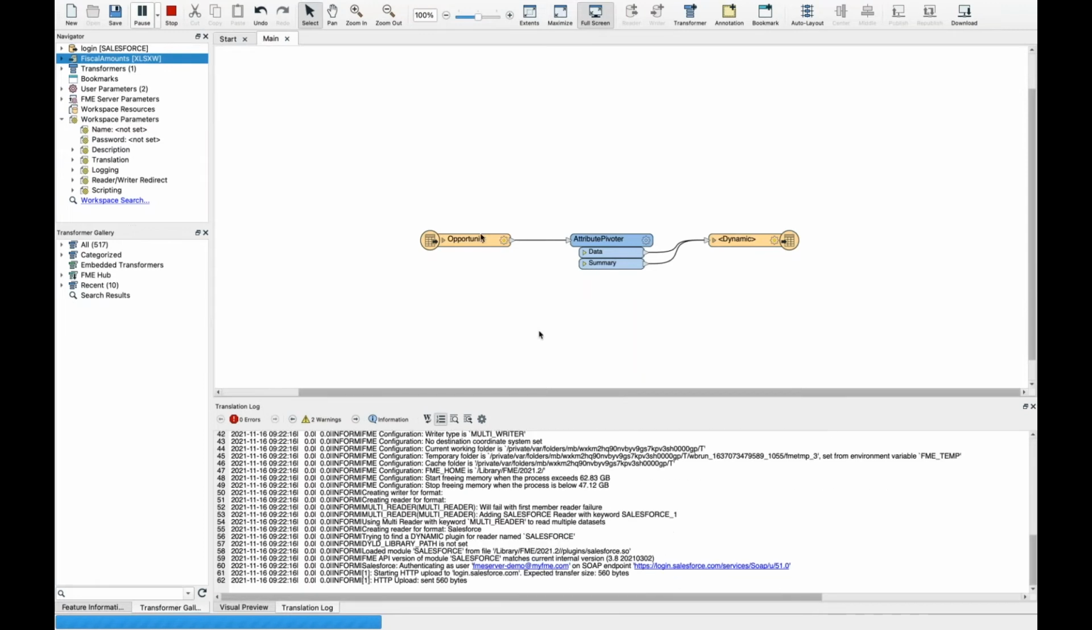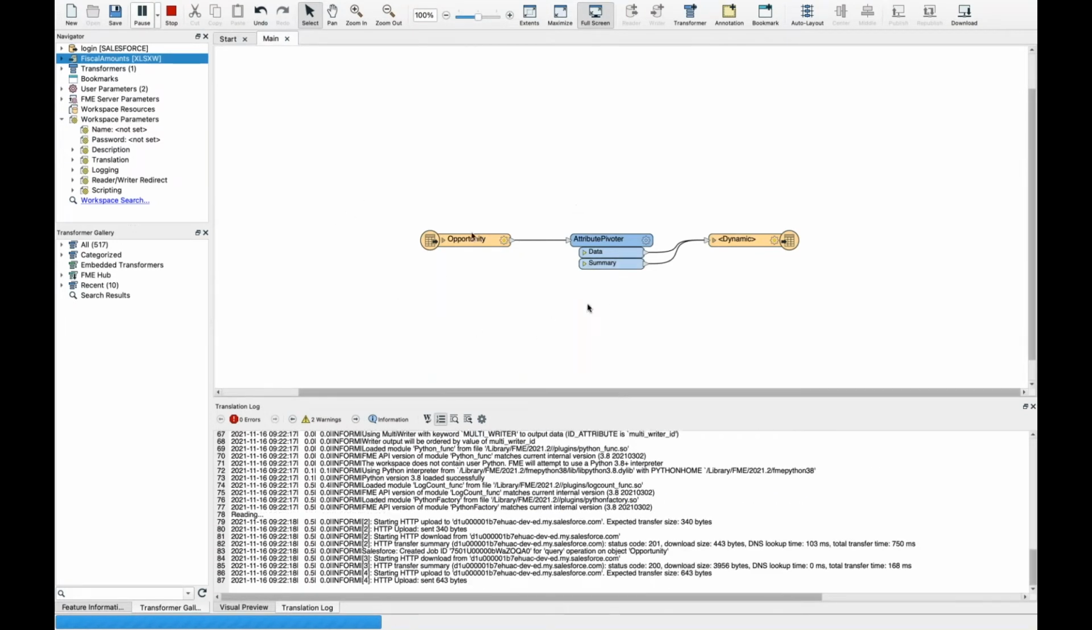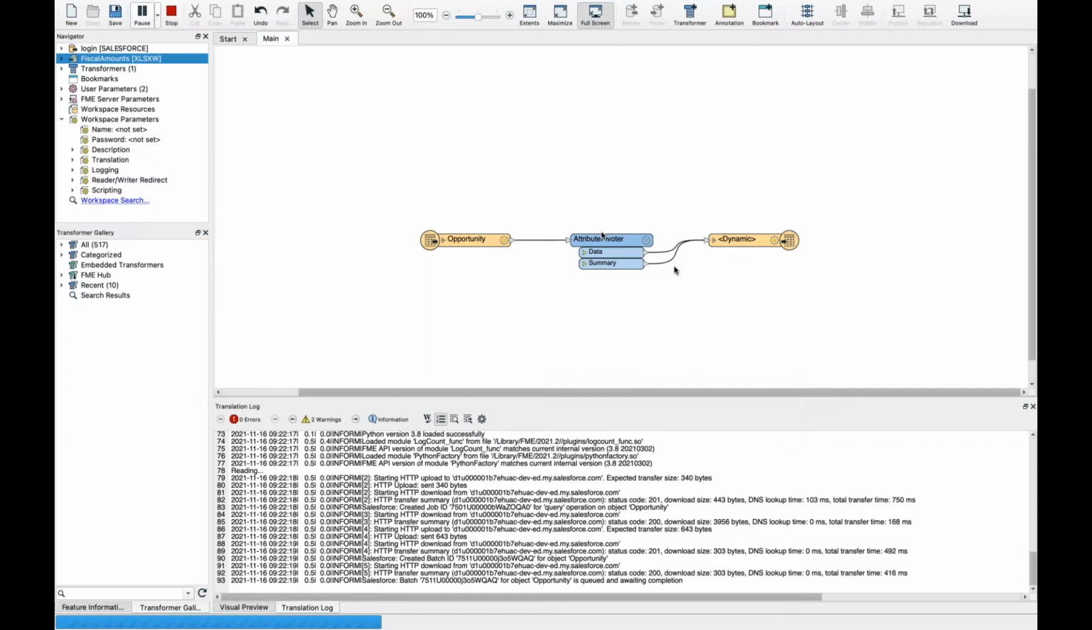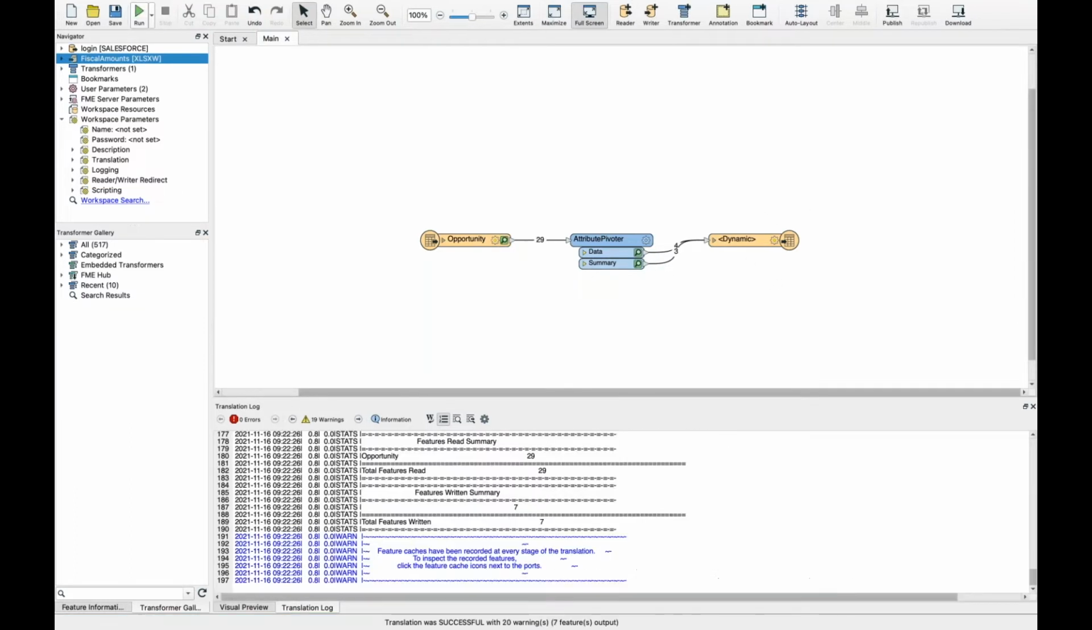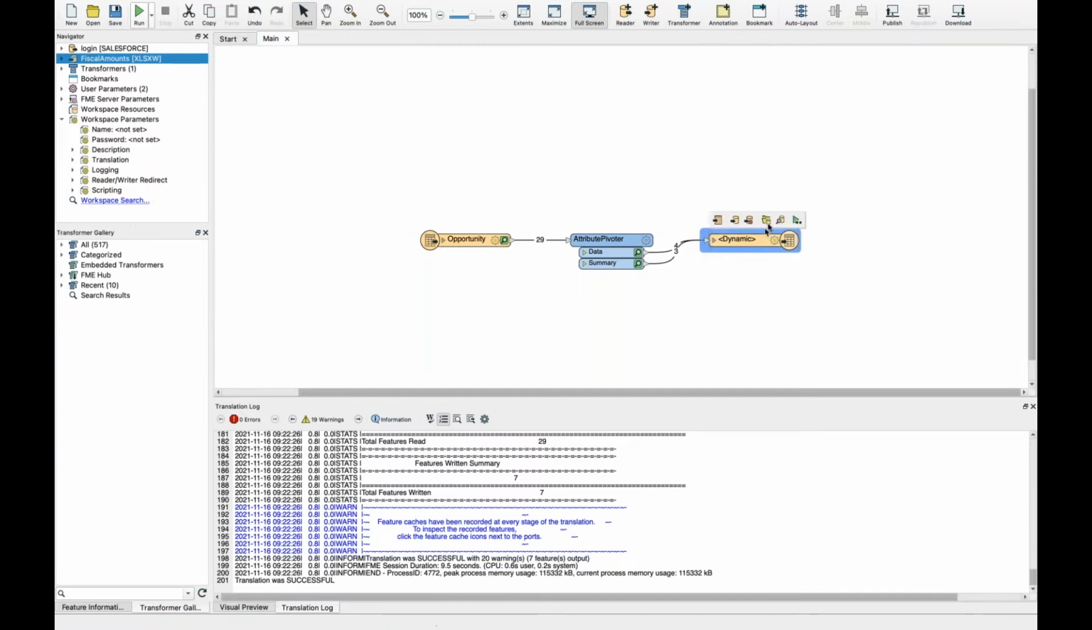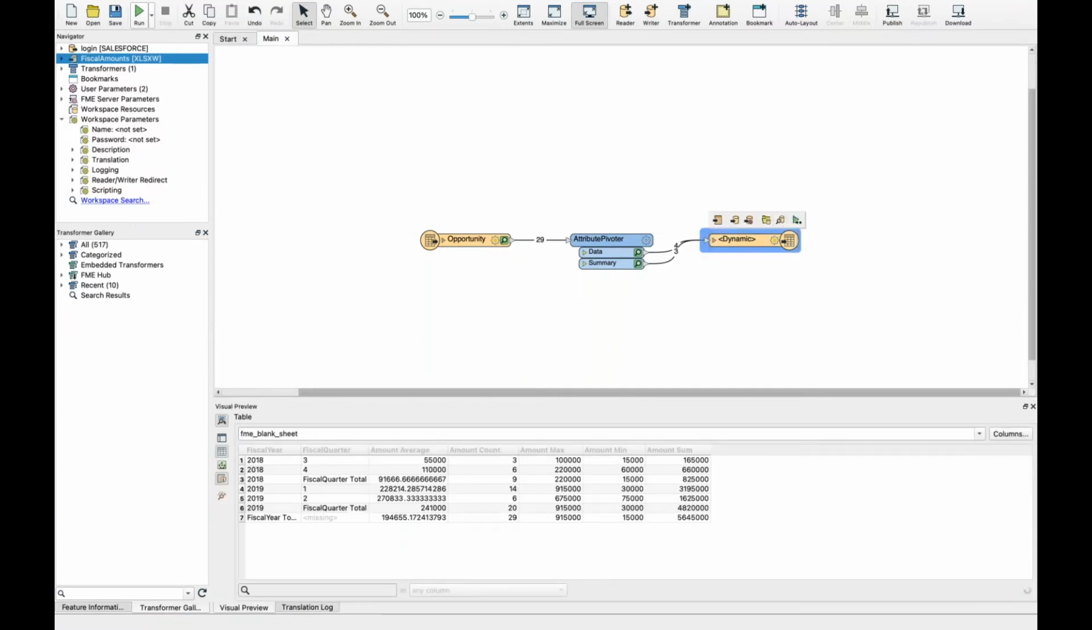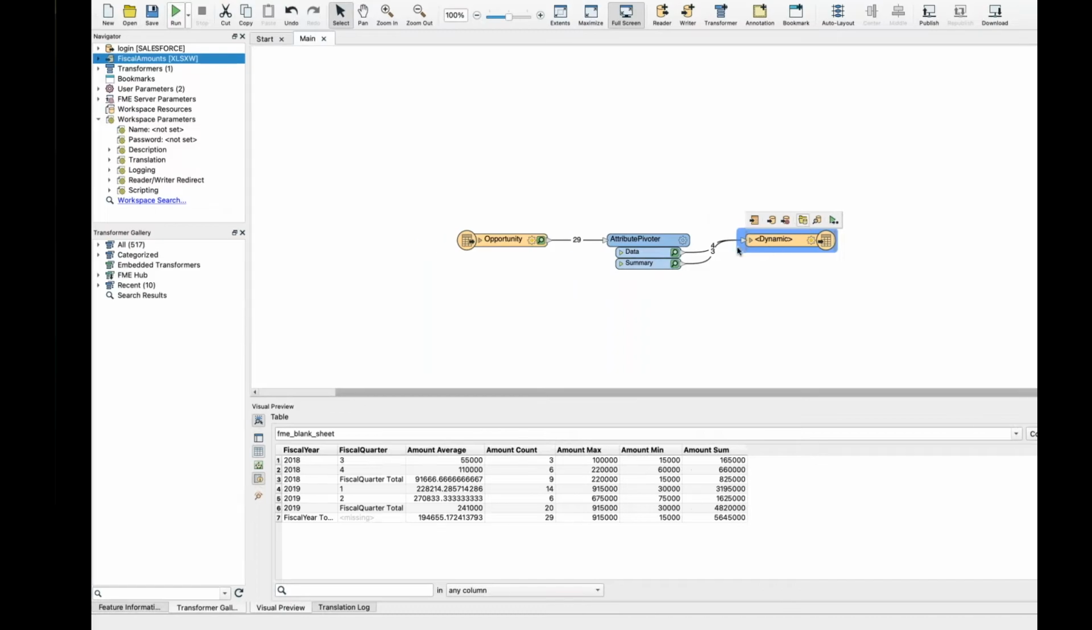And our Salesforce opportunity will be read in. We'll calculate our summary statistics from the attribute pivoter. And then last, we will write out our report to an Excel document. So it's finished writing. We can take a look at our pivot table result here in the data inspector directly in FME Workbench. So here we can see each fiscal year and fiscal quarter and the statistics for each opportunity and all of the actual revenue statistics. Or we could go look at our newly created Excel table,